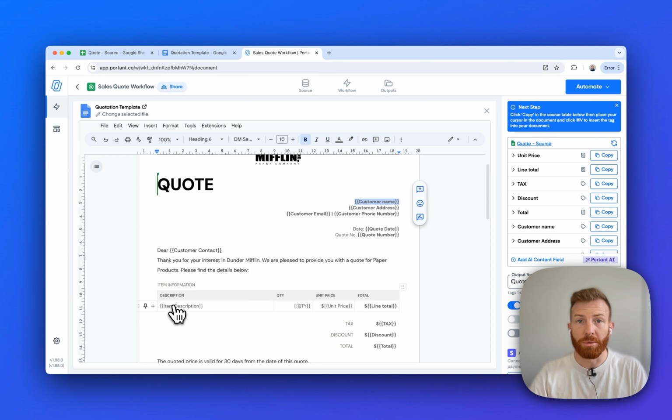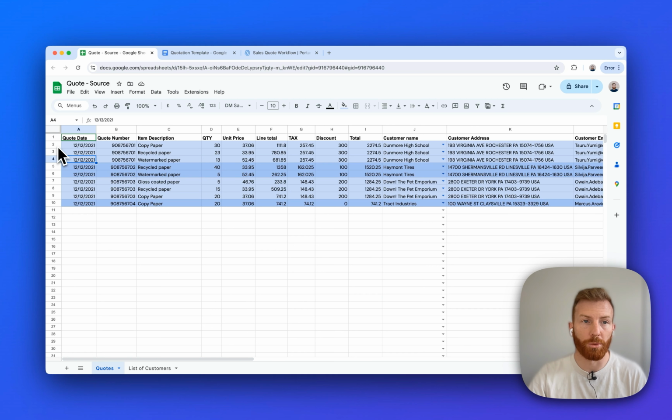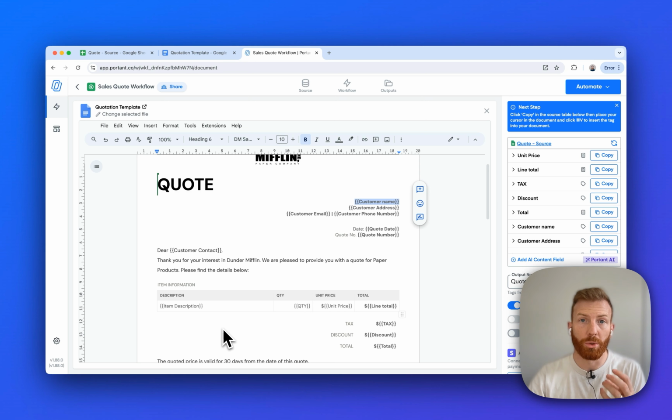Now, in a quote, sometimes you have a table of line items. Maybe there are multiple products that a customer wants as part of the quote. In our spreadsheet, we have multiple rows, which all need to be inserted into the same quote. Now, Portant can identify those rows which need to be put in the same document and then add them to this table. So Portant is going to extend this table so there's one row in it for every line item